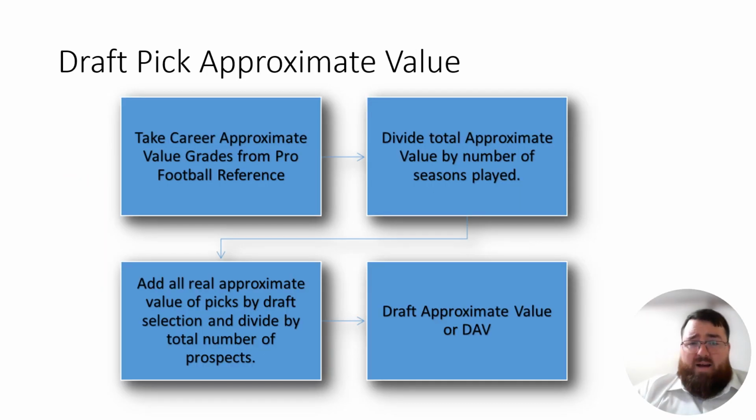Now, what do I grade the draft on? One area is called draft approximate value or draft pick approximate value. What that is, each range of picks typically has an average approximate value score long term. So in other words, if you pick a player at pick 8 or pick 10, they typically have an average. If you take all those prospects that were taken at pick 10 and you get their overall AV for their career and you divide it and get a mean for that number, that's what it is. So it's essentially what's expected of that draft pick in that pick range.